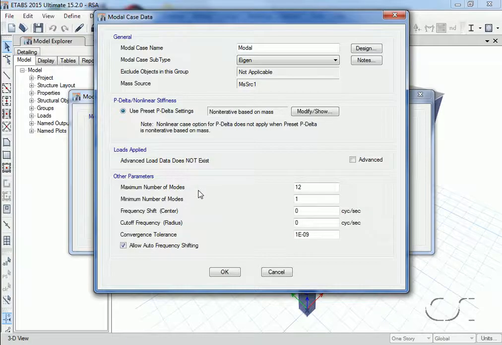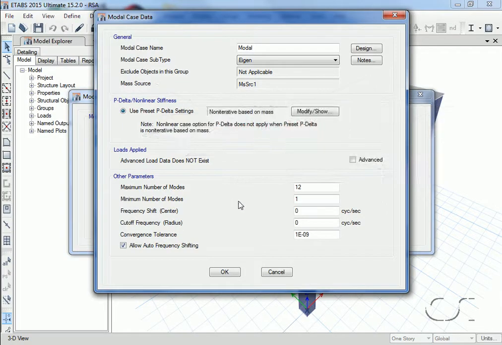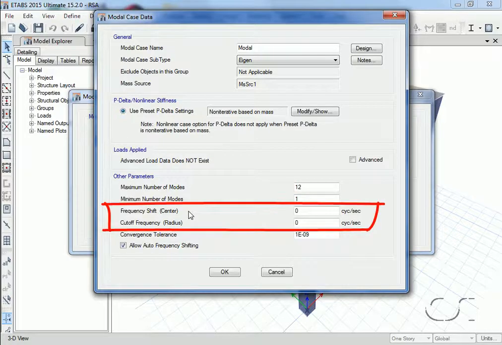Because our building is being modeled using rigid diaphragms, and we are not interested in vertical excitation, we will only have 3 mass degrees of freedom per floor, 2 translational and 1 rotational. Therefore, 6 modes should be adequate to capture the response that we are interested in, so the default of 12 should be fine. We could also adjust the range of the frequencies to be sought by using the shift and